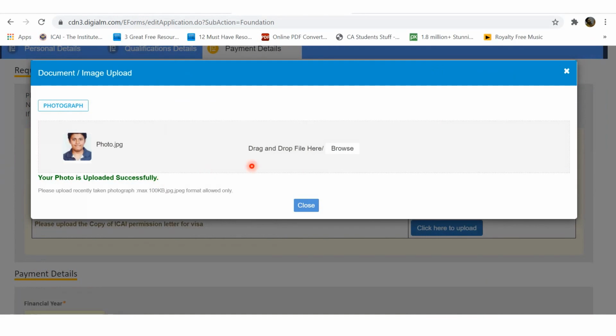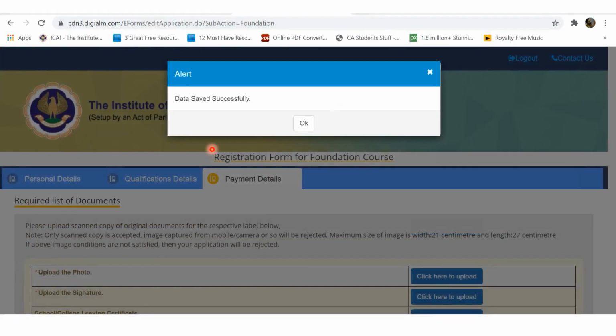before that we are going to go for uploading some extra information, that is the information in relation to your photograph and your signature. If you remember properly, we have scanned three different things. One was your SSC mark sheet, which we have uploaded. Photograph and signature are yet to be uploaded, which is going to come under the tab of payment details. Once you hit this OK button, then these two different things can be uploaded by you.